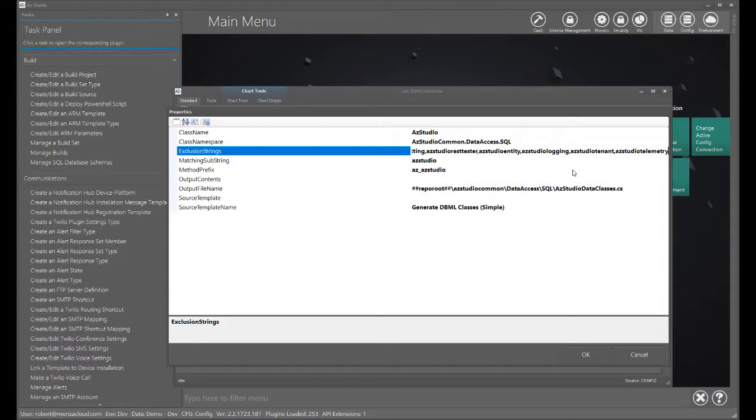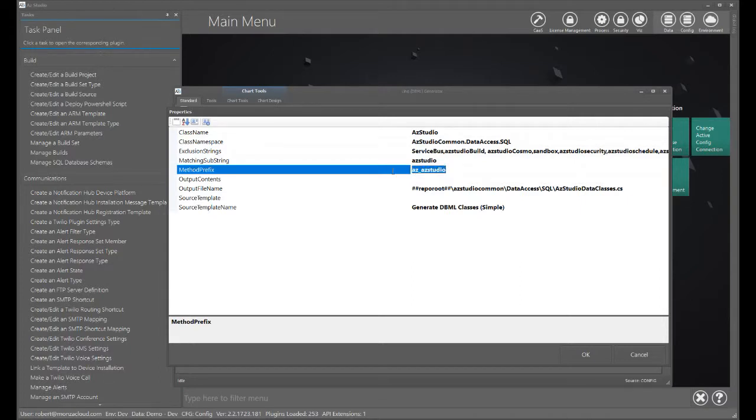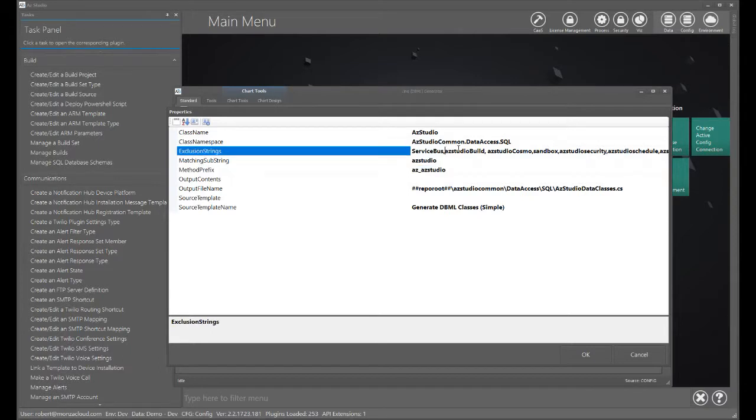What that means is if the stored procedure has this string in its name, and it doesn't have one of these in its name as well, then please pick it up and include it in the generation